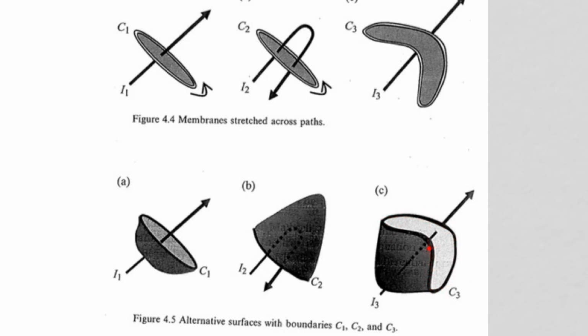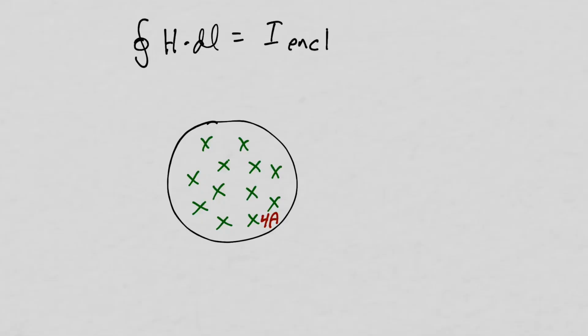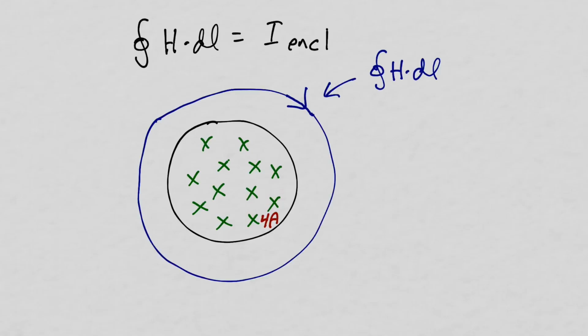Here's a wire that's infinitely long, and we're looking at a cross-section through it. And let's say there's 4 amps flowing into the page, uniformly distributed across the cross-section of the wire. I've defined a path of integration that goes completely around the wire, and we're going to integrate in the clockwise direction. So if you put the fingers of your right hand in the direction of the integration, your thumb points into the page. There's 4 amps flowing into the page, so this integration will give us 4 amps.